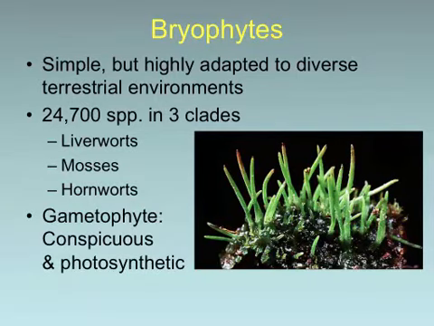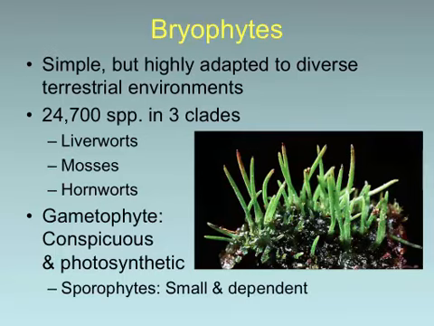So as we said before in the previous section, in the bryophytes, the gametophyte is by far the dominant generation. It is going to be green, it is going to be photosynthetic, it's going to be around almost the entire portion of the plant's life cycle, whereas the sporophyte is going to be much smaller, much more temporary, and in most cases completely dependent on the gametophyte for its entire existence.